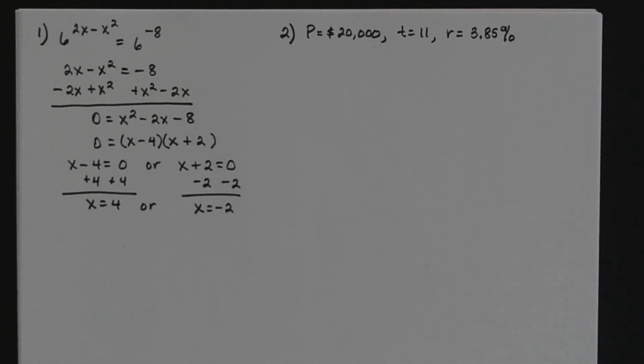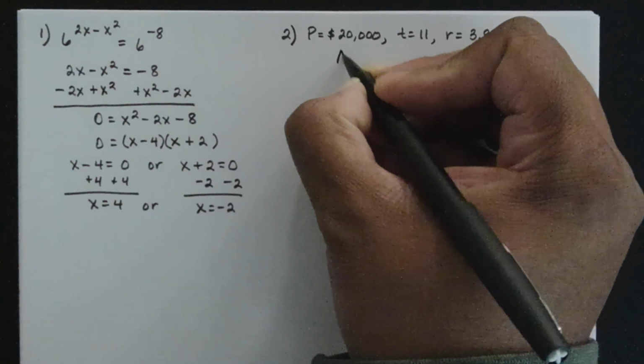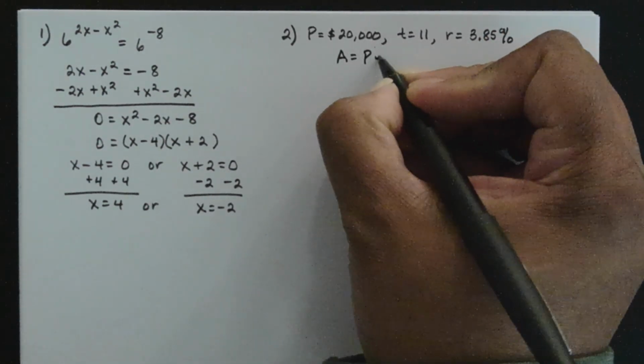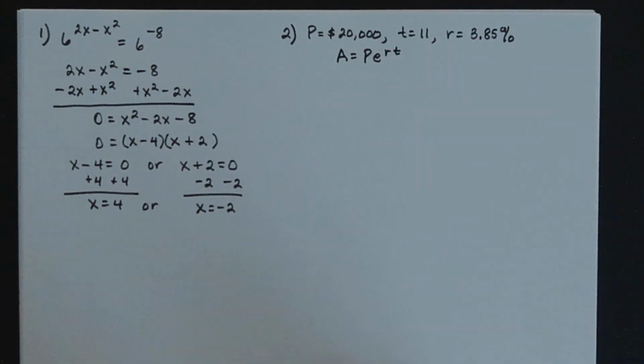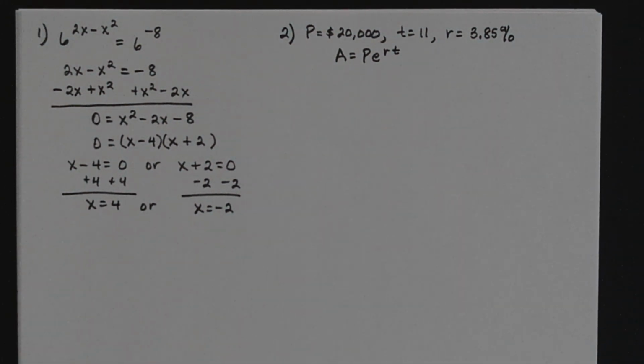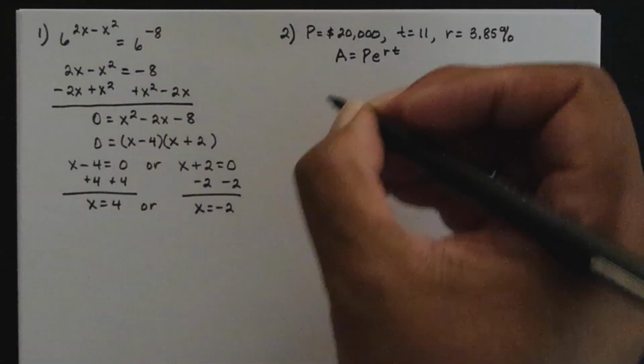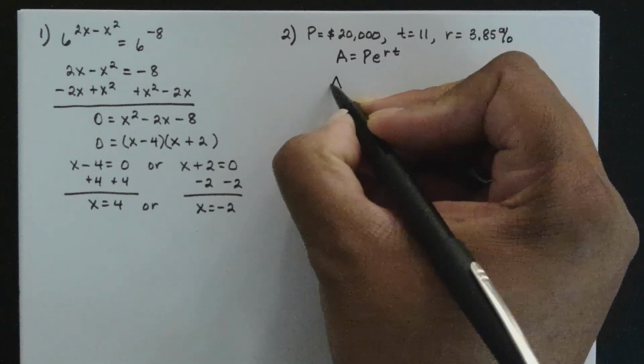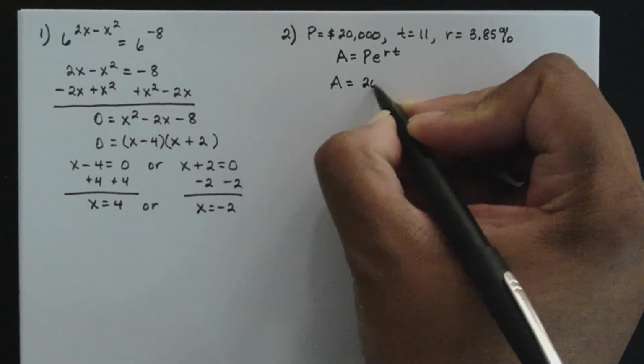Now, if it's compounded continuously, that means we're going to need to use this formula, A is equal to P times e to the rt, because the problem does say compounded continuously. So now let's do some substitution here. So here A is equal to P, which is $20,000,